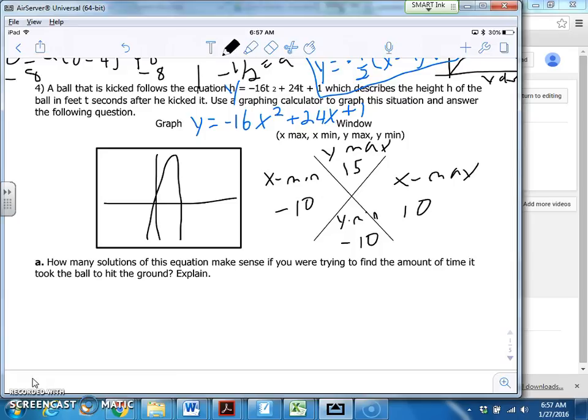So question A says, how many solutions of this equation make sense if you're trying to find the amount of time it took the ball to hit the ground? I'm a little fast, sorry, so if you need to pause, go ahead and pause and fill in those spots. So how many solutions make sense? Only one solution makes sense, because we know that this point right here is where the ball starts, and this is where it stops. So in terms of hitting the ground, it only hits the ground where that blue highlight is. So one solution makes sense